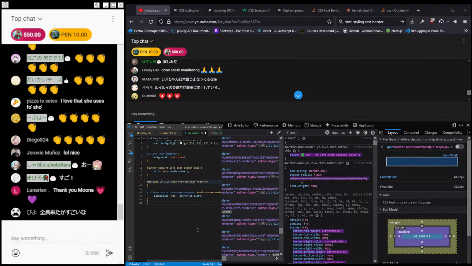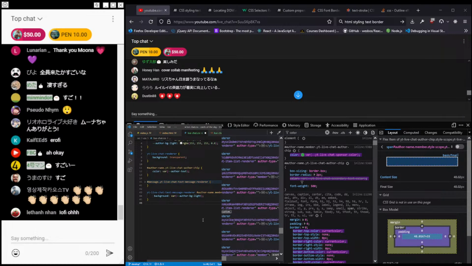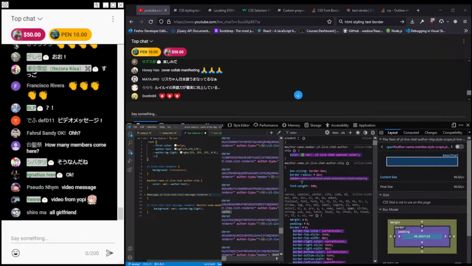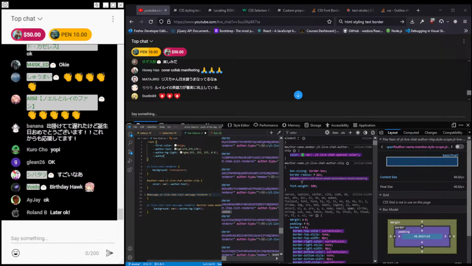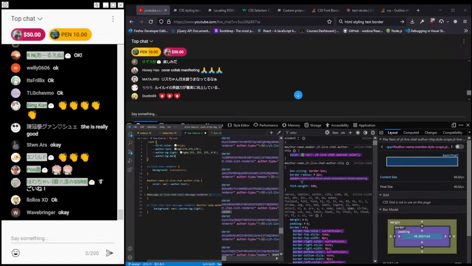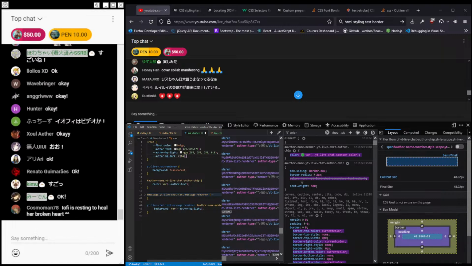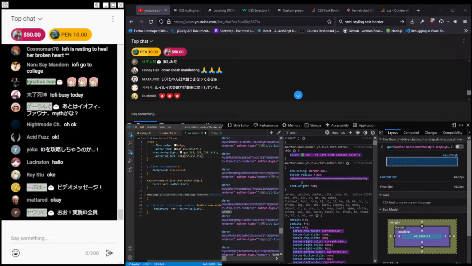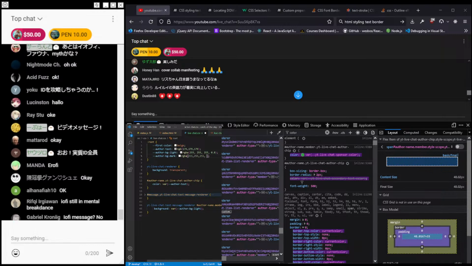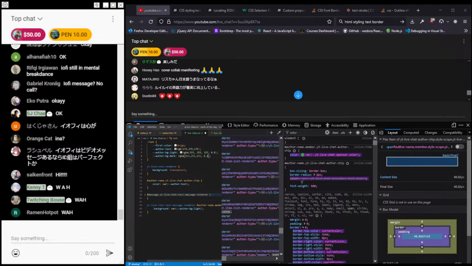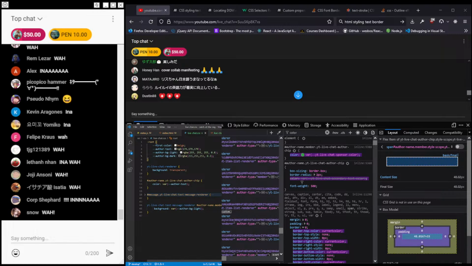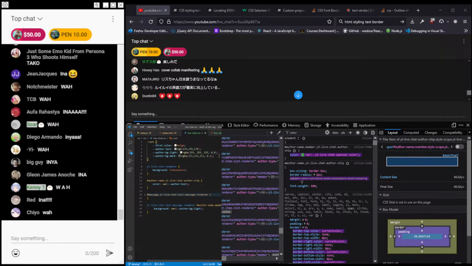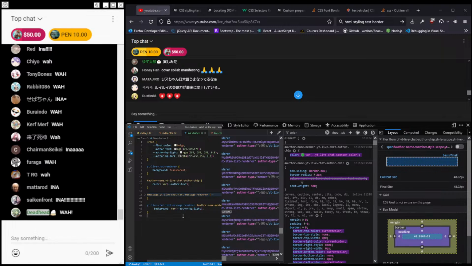Gray looks fine, so really I should put a dark one. If I'm looking at this right, let's do author BG dark, RGBA, same thing. And this will be, I don't know, 0.2, 0.2. And then that way,